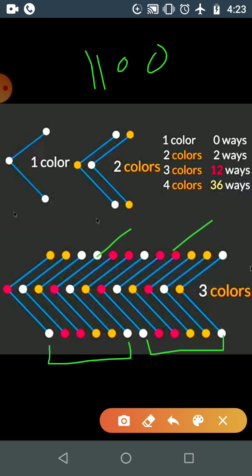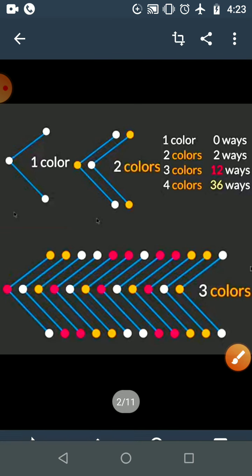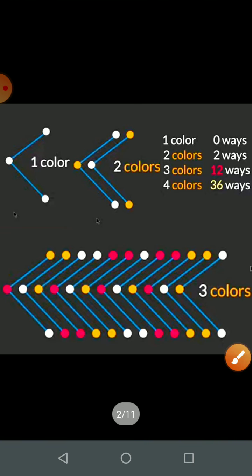So this big is the number of proper colorings, that is the number of ways to color a graph properly, such that two adjacent vertices get different colors. That is this much, correct. And we will be counting these only. So how are these coming? If 4 colors are given, then it will be 36.